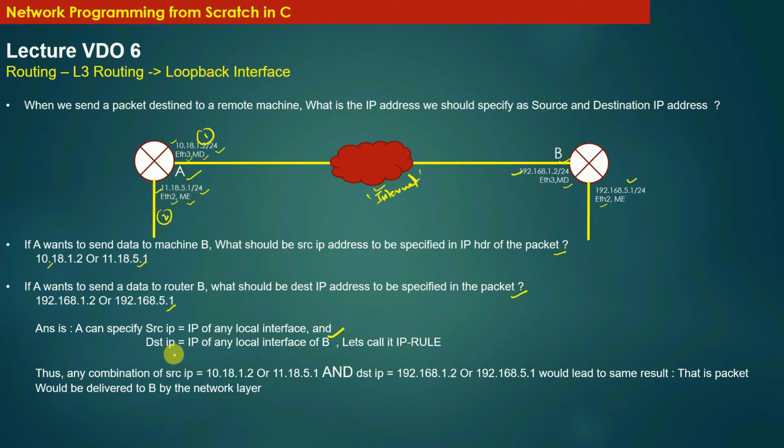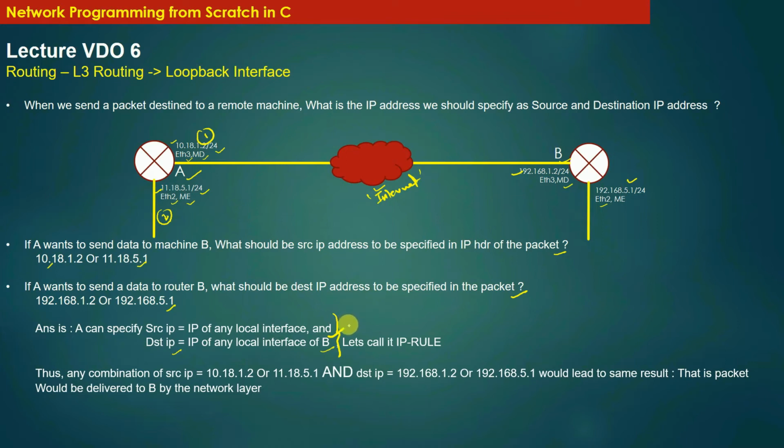Similarly, the destination IP address could be the IP address of any local interface of machine B. As long as this condition is satisfied, any packet generated by router A and destined to machine B will reach its prescribed destination, machine B,